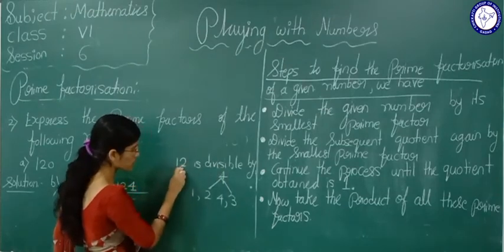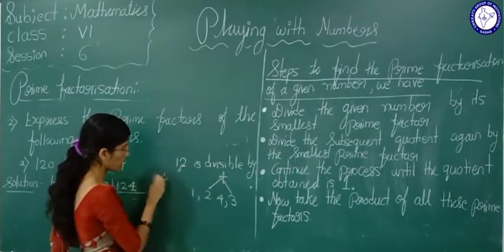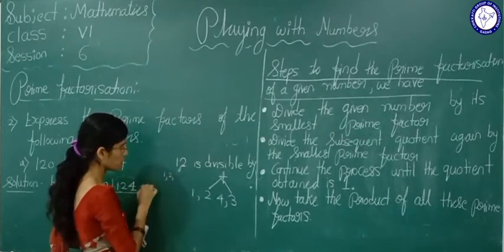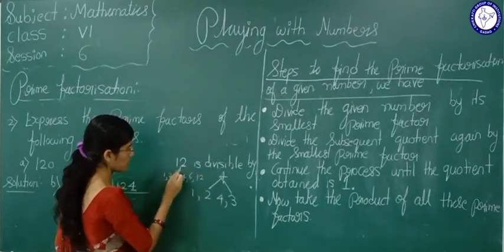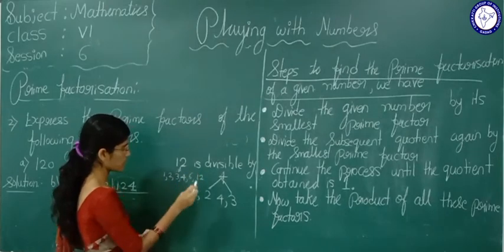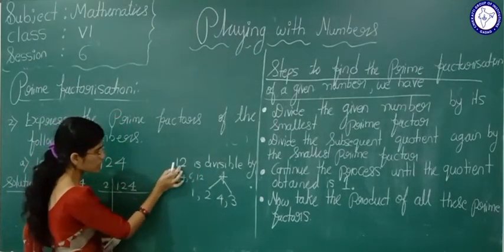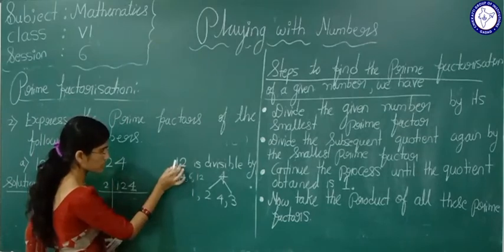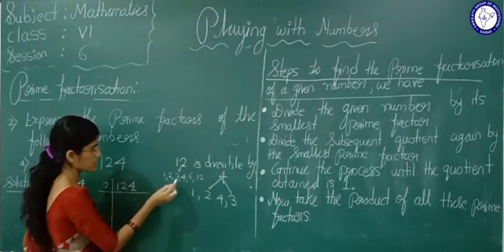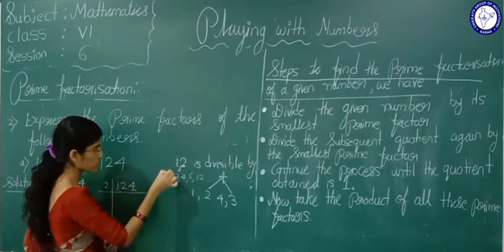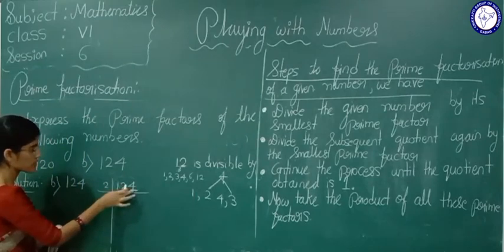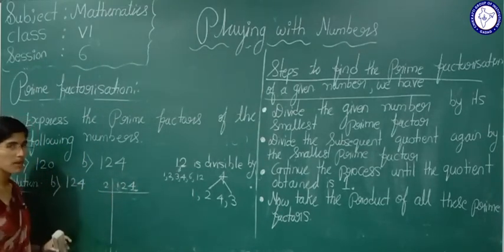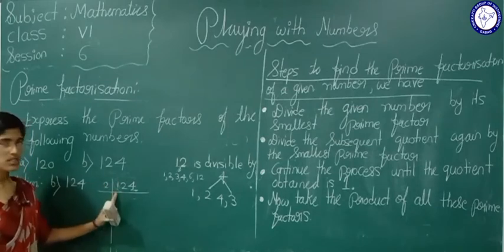Now what are the factors of 12 here? The factors of 12 are 1, 2, 3, 4, 6, 12. Okay. See if 12 is divisible by 2 means, what I want to tell students, here 12 is divisible by 2 means this 2 is a factor of 12. Yes or no? Now see here, don't get confused. Now see here 4 is there. In units place 4 is there means definitely this number is divisible by 2. Definitely 2 is a prime factor of this 124.